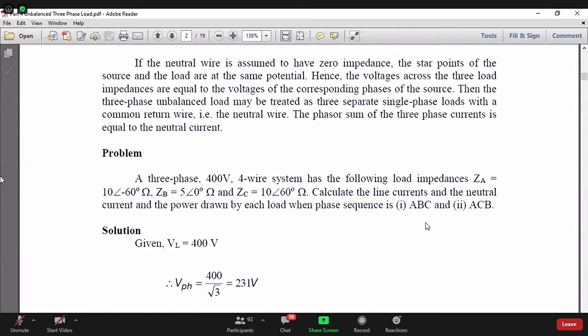All these problems, they give always some practical hints to you. These are not just numerical problems. So how do I start this? It is a 4-wire system. So neutral of the source and the neutral of the load is connected. And I am assuming that the neutral impedance is 0. Now, what is the practical significance of that? That means even if there is a neutral current, there is no voltage drop in the neutral, which means